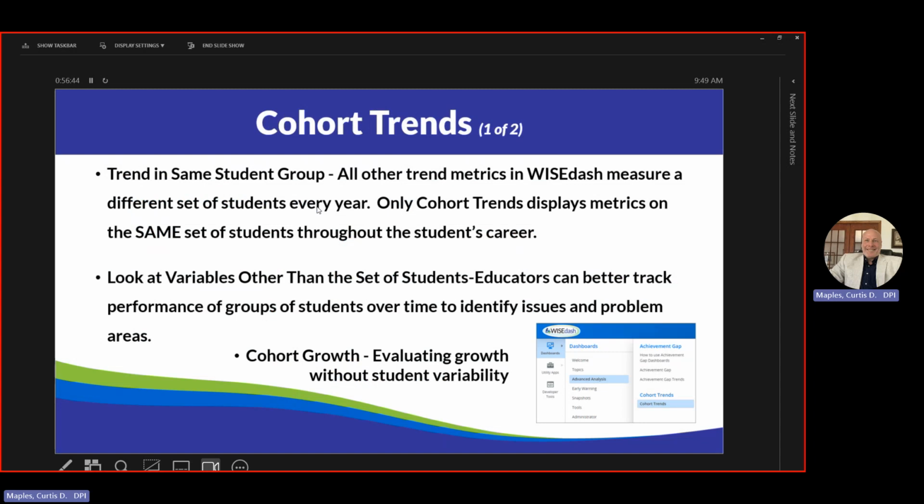Okay. Let's get into cohort trends. Okay, I want to do a quick overview of cohort trends now, but then right at the end, I want to look at some time and we'll actually get into some labs there or into a demo there. If we have time, I can show you more about cohort trends. Cohort trends,